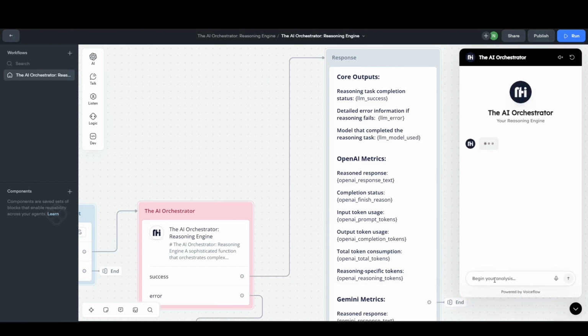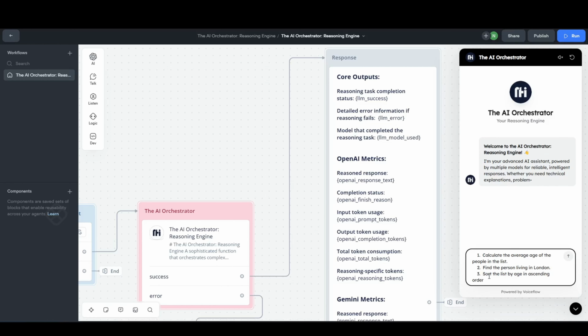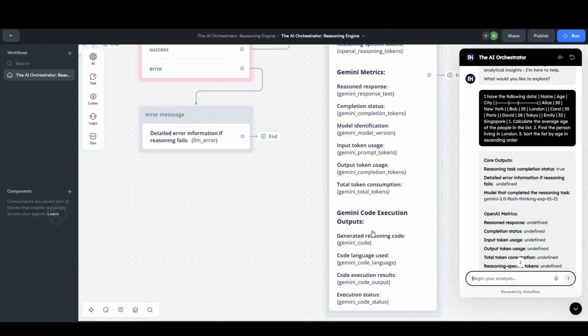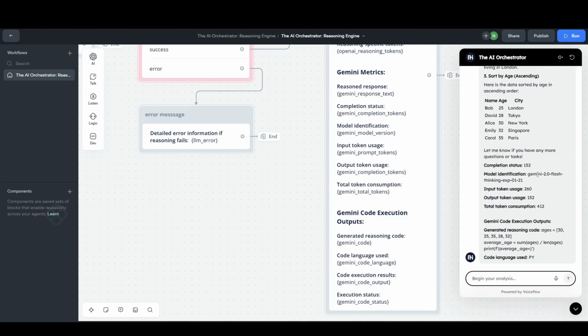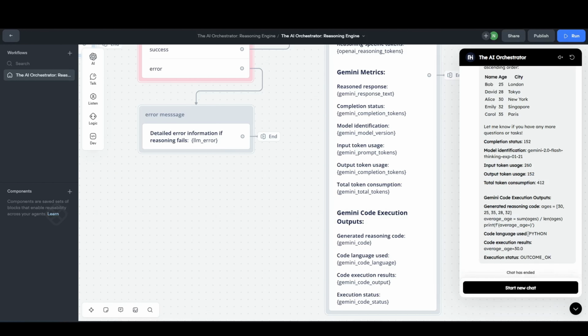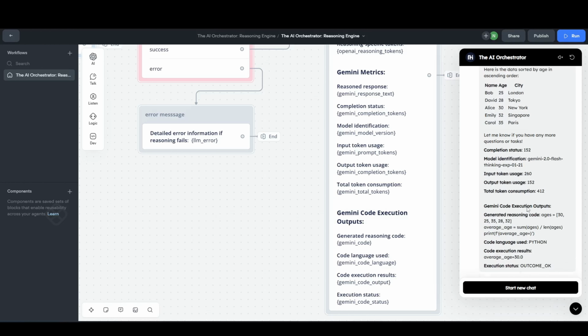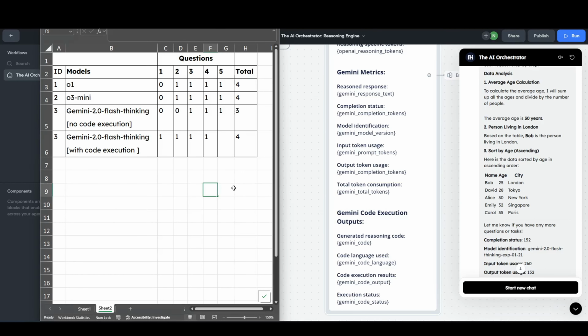The last model, that's Gemini with code execution. So we're expecting that it to be able to generate some code here and then use it. And it's already gotten it correct, 30. So let's look at how the code looks like. It just uses a Python script to answer the question and then it provides the answer. So I think we all know the winner for today.